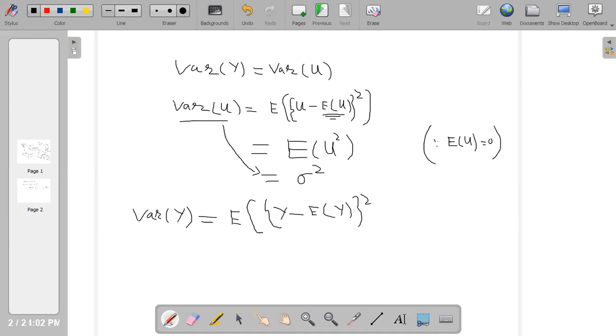This is the basic definition from probability theory. We say that for any random variable, if the expected value represents the mean, then the expectation of this square difference is what we call the variance. Okay? And in the simple regression model, SLRM,